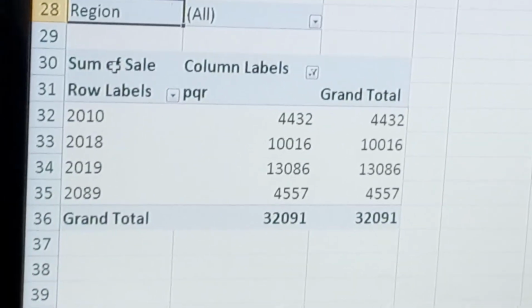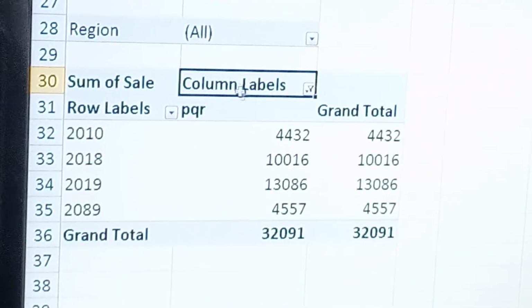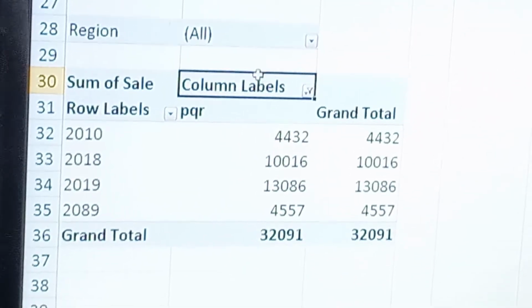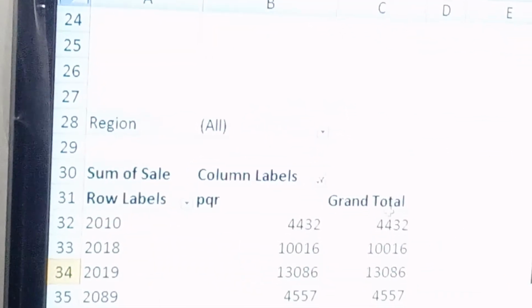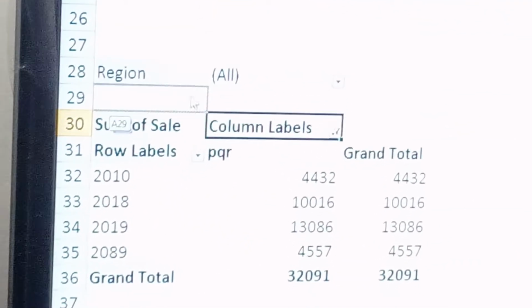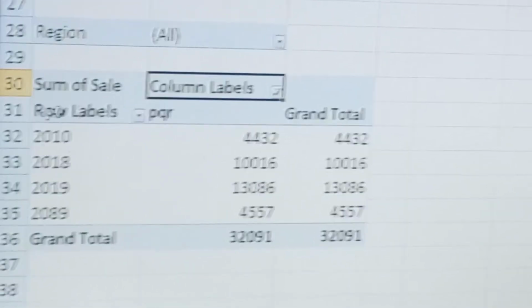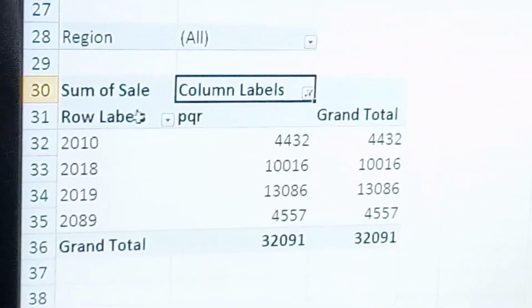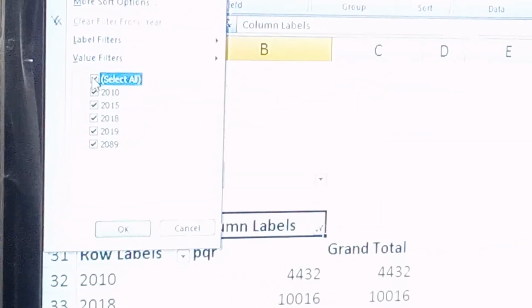Now you can also drag a particular field to any other area. Clear? Similarly, you can find any other information. You can find the different years.